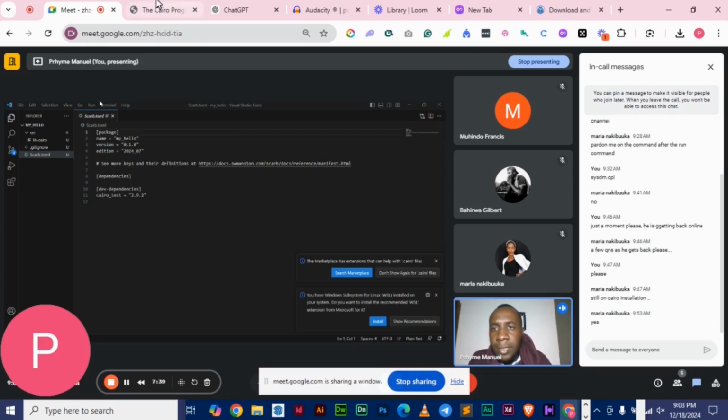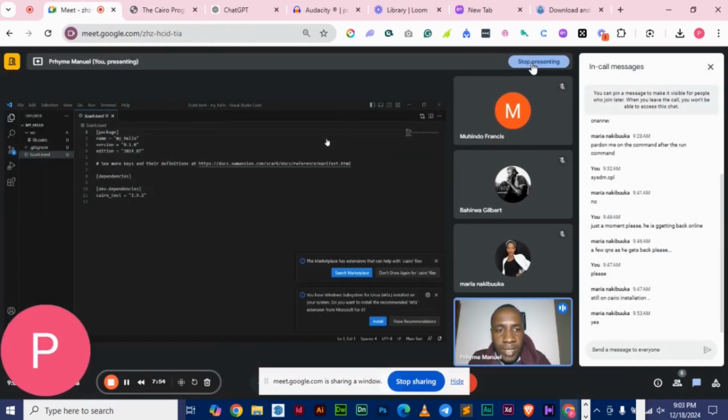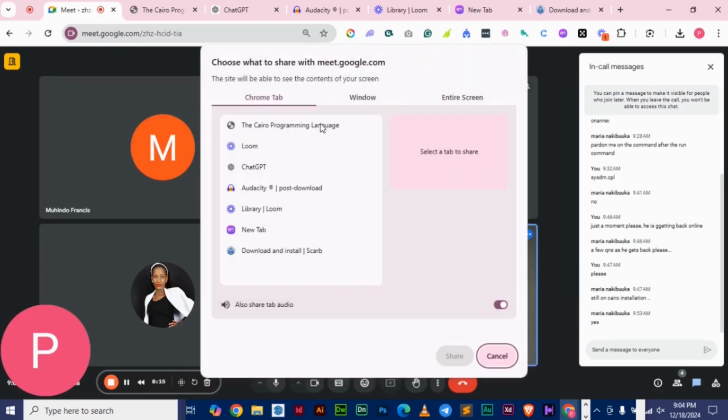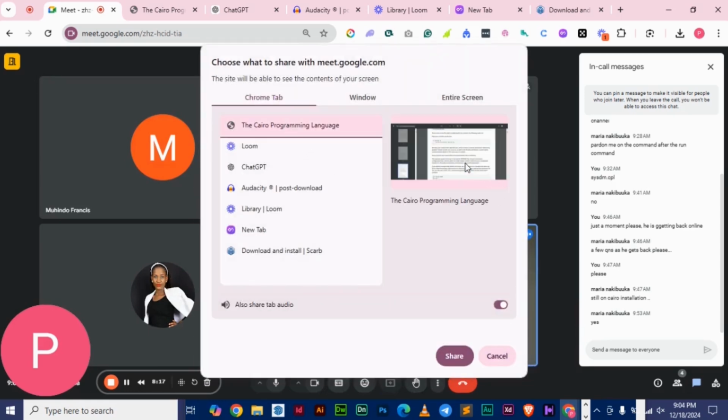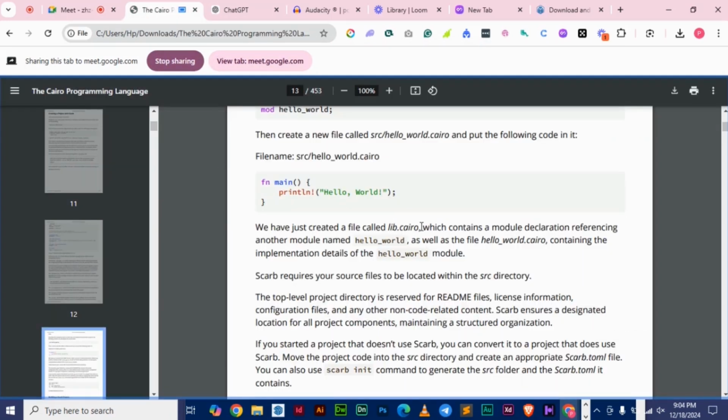So let me follow my book right here. Guys, I believe you are following the book. So the book is what we are following. Whatever is in the book is what I'm following right here. So let me present the book, the Cairo programming book. If you are to follow the book, it says that